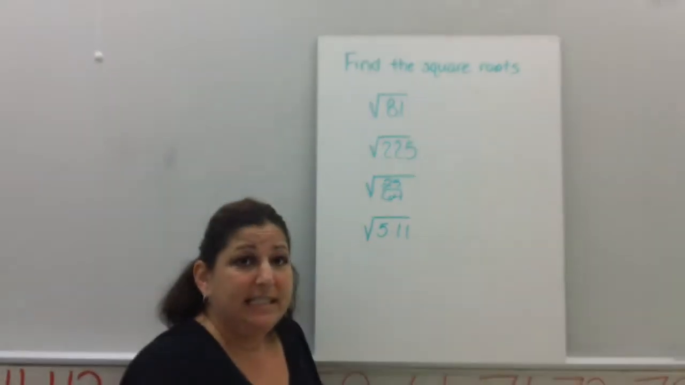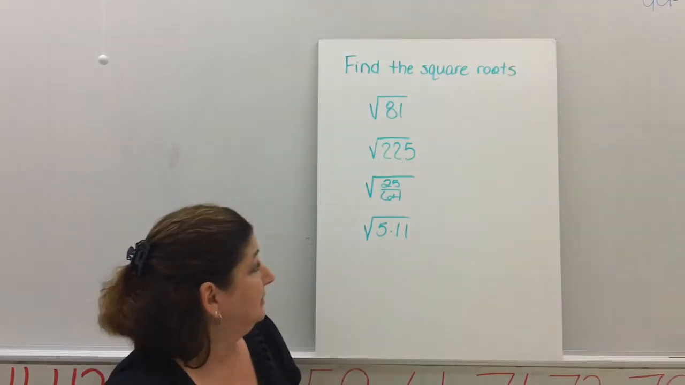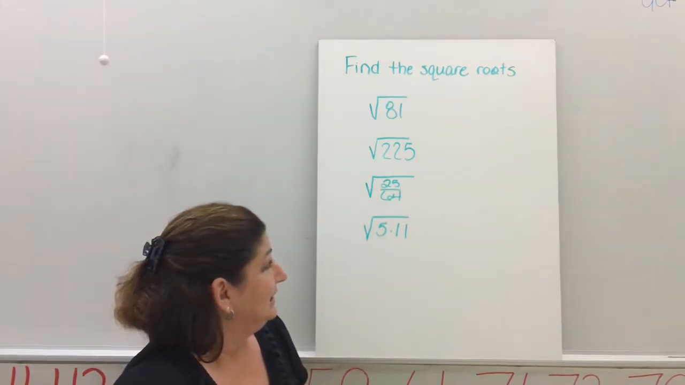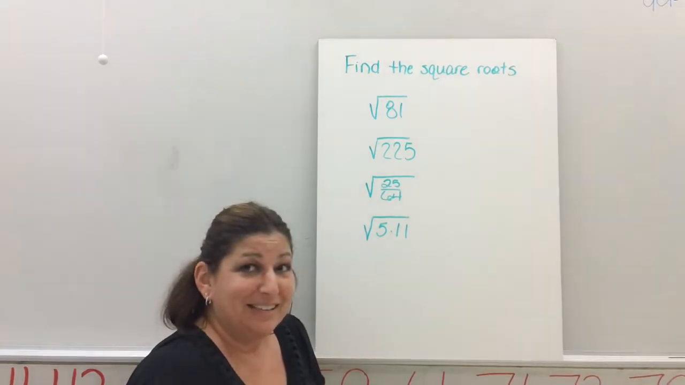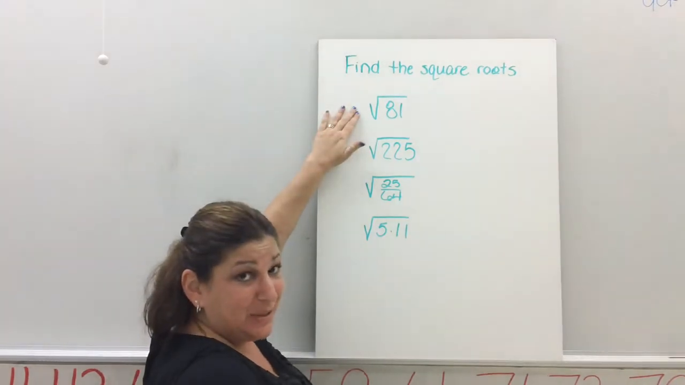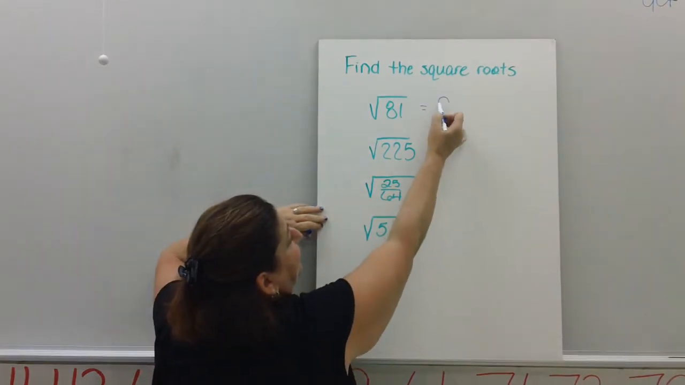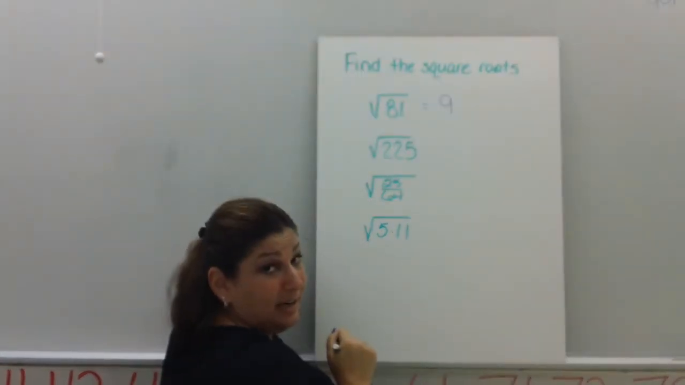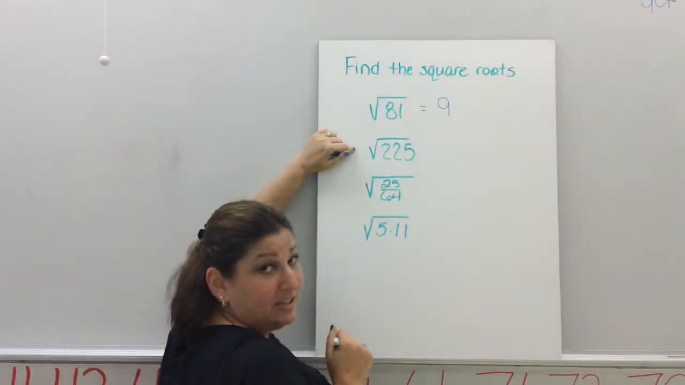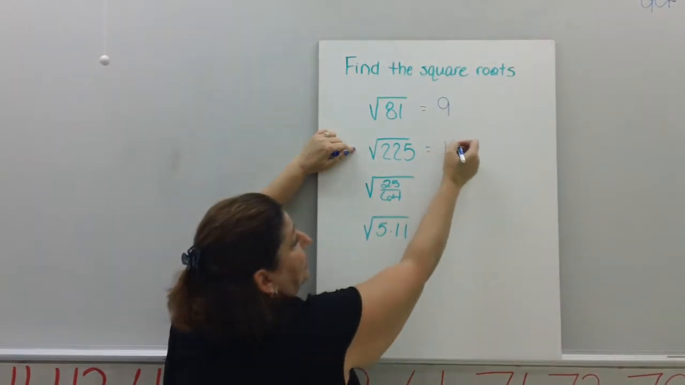Okay. Take a second and find these square roots. If I'm asking 81 squares, what would the length of my sides be? I'm looking for 9, because 9 times 9 will give me 81. If I had 225 squares and I arranged them together to make a perfect square, each side length would be